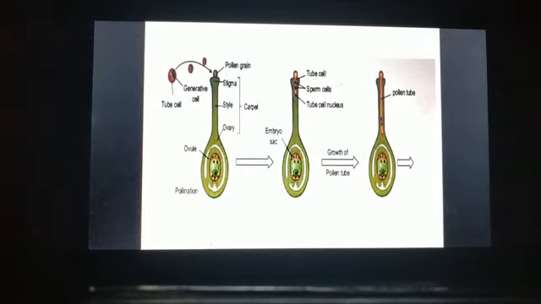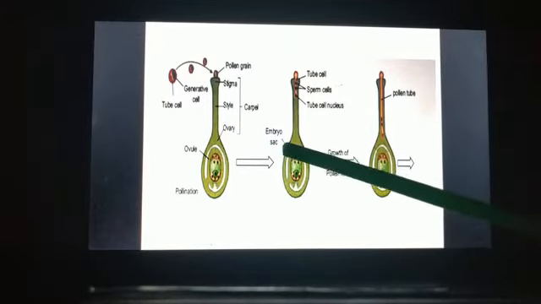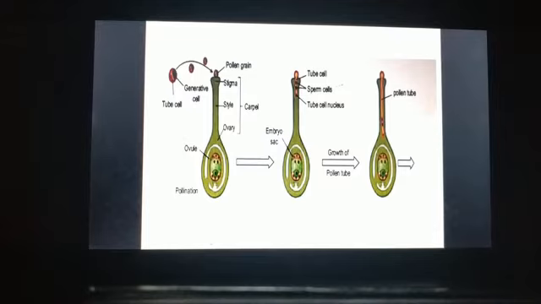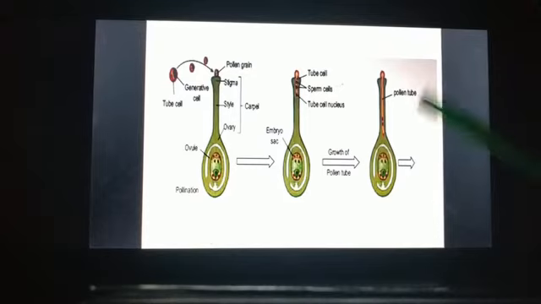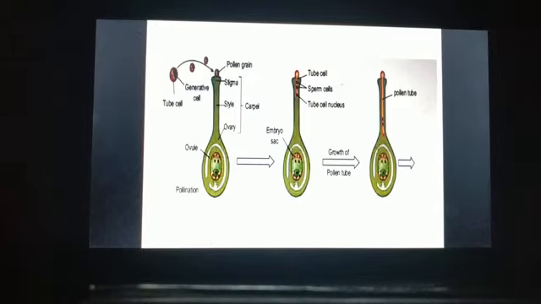Now the growing pollen tube will then enter the embryo sac. This was our embryo sac, right? So the pollen tube will enter the embryo sac through the micropyle end. The small opening was there, so through that opening the pollen tube used to enter. The two sperm cells are released into the embryo sac. So the sperm cells which were in the generative cell are released into the embryo sac. They will be released into this embryo sac.